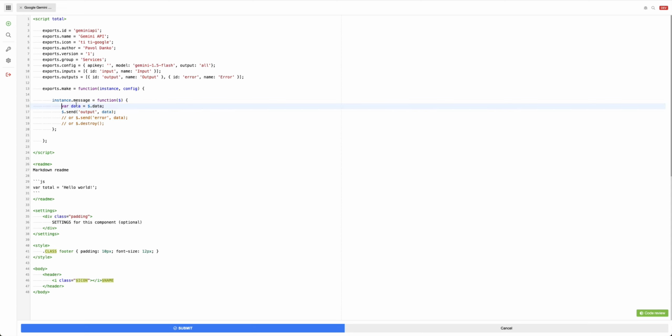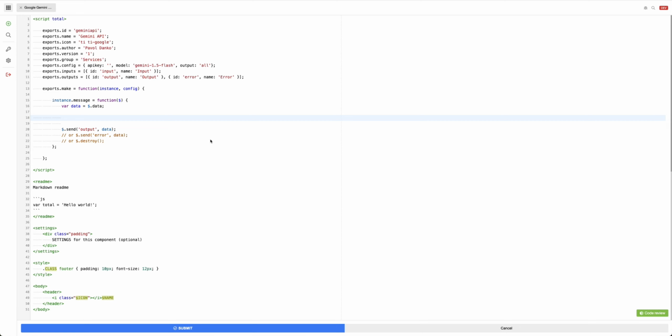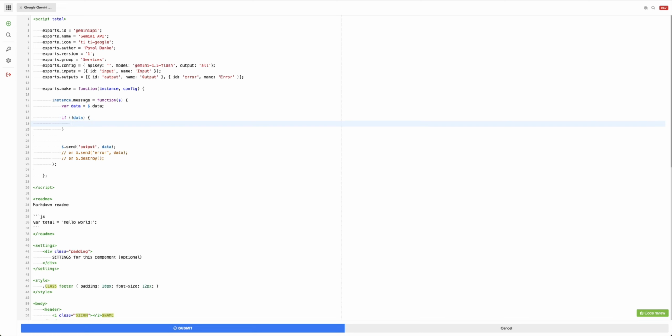If it stays like this, it means that the value we get on the input we will send to the output. But this is not what we want. First, we have to check if the value we received at the input is correct. So our first condition here will be data. So if we don't receive any data, we will send to our error output